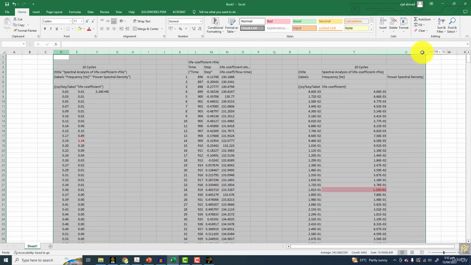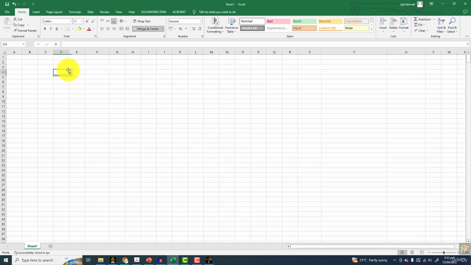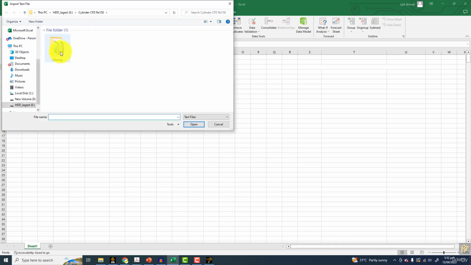First of all, you have to open Excel, and after opening Excel, you have to import the file. That file is imported from text, and it is inside the lift and drag. I will do these things to both of the files, lift and drag. Both files are exactly the same 20 cycles. Also, I told you that if you record more cycles, you will get more accuracy. I'm going to open the lift coefficient